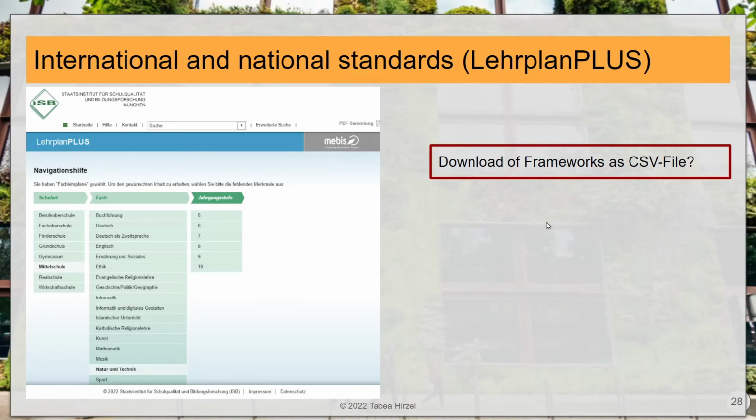One of the challenges or key questions will be, is there any way to download these kinds of frameworks in a CSV file? In the last year, the Ministry of Education and their relevant or related institutes have made a huge effort in digitalizing all these standards. This was not the case like 5 years ago. Most was in PDF documents.